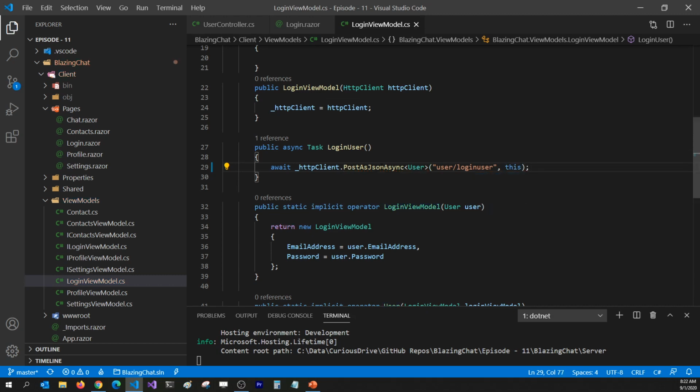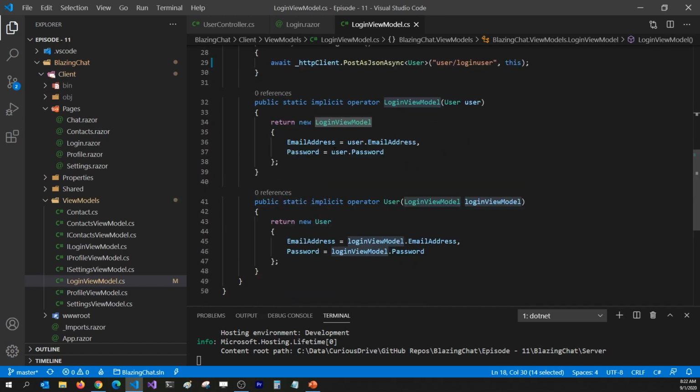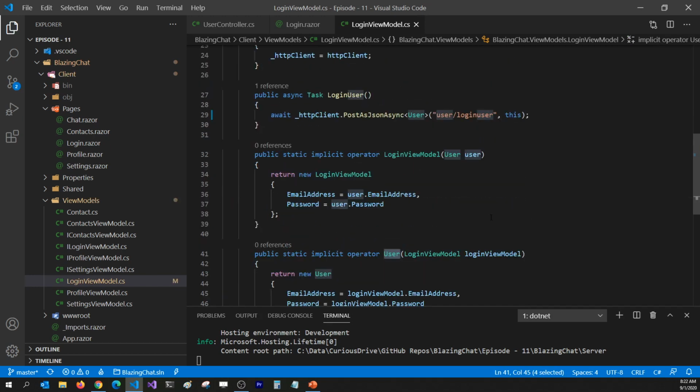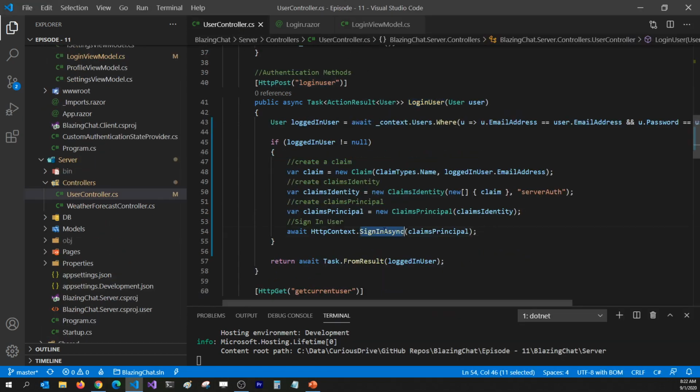And here I'm going to pass this. See, this is the login view model, but we used operators to convert our login view model into a user. And this is something that we covered in our MVVM architecture. So if you haven't seen those videos, I recommend that you watch them. So now we are calling this web API from our login button, and that is going to sign in the